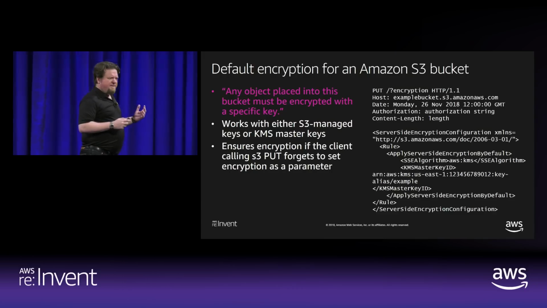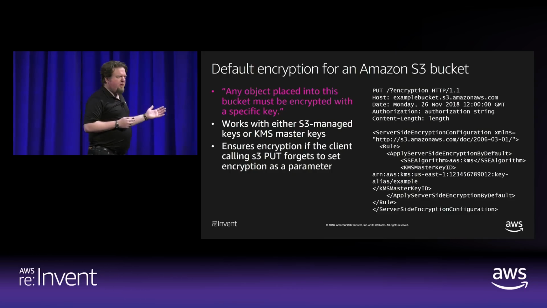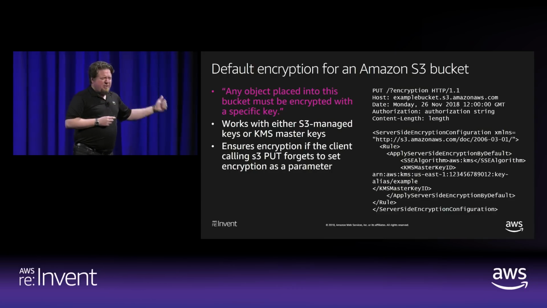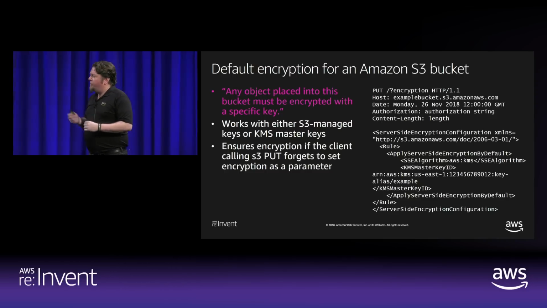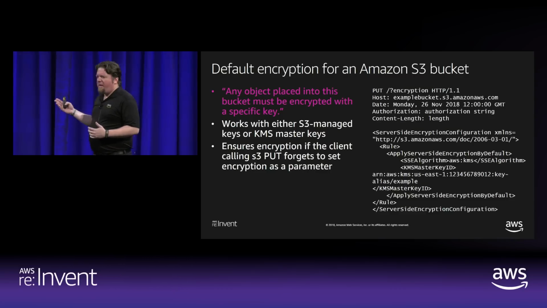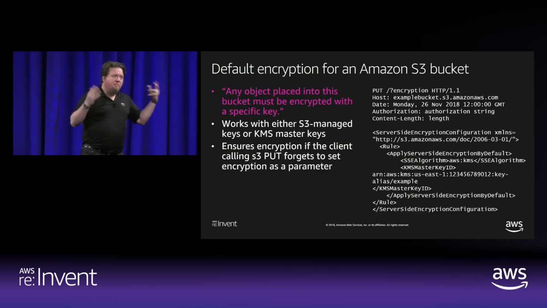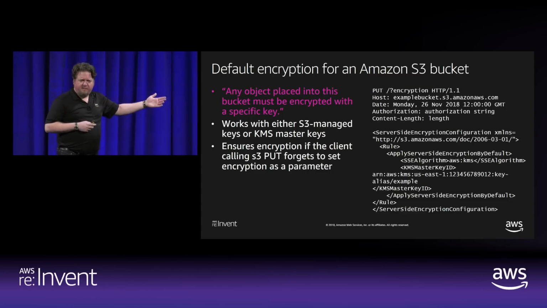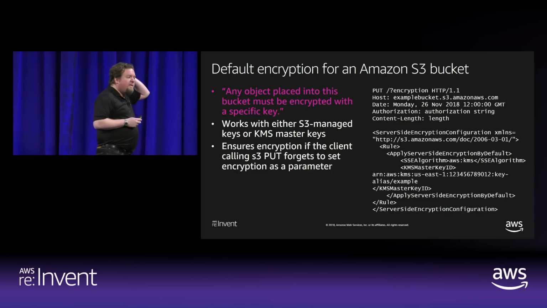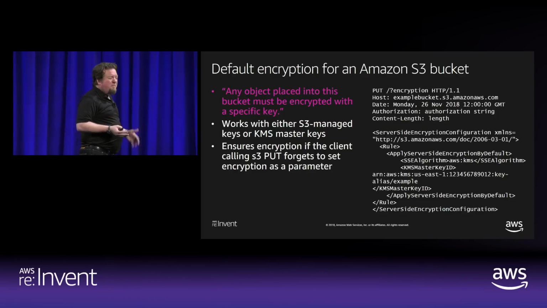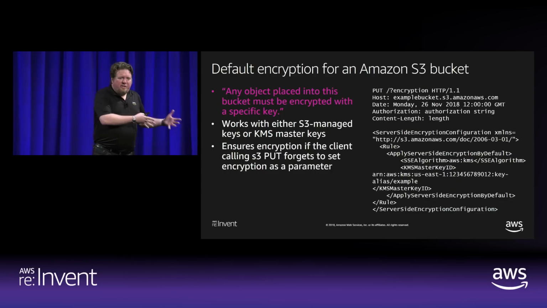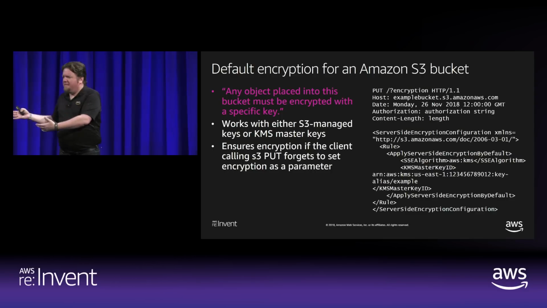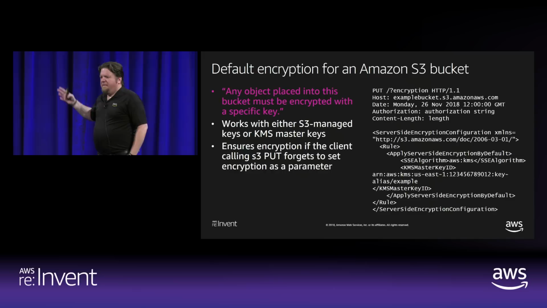Let's add encryption to the mix. We're going to do default encryption on a bucket. This is really nice. This took a long time to get out. This is something customers really wanted. So default encryption solves for a couple things. Number one, not only do your developers not have to remember to set encryption when they put an object, but if you've got third-party software that integrates with S3 but maybe didn't support encryption, that means you couldn't have used it if you needed encrypted outcomes. Well, now it makes it moot.